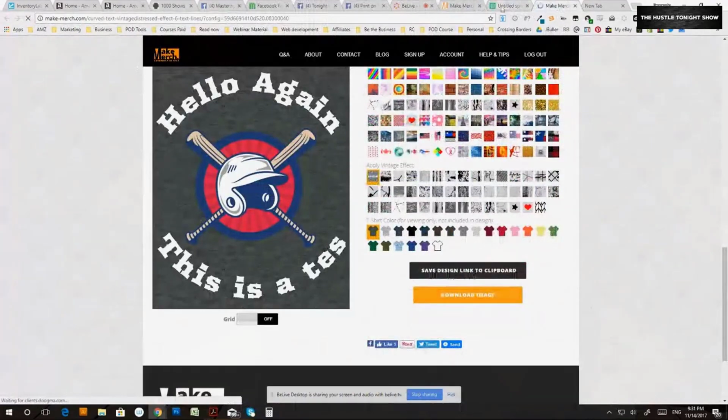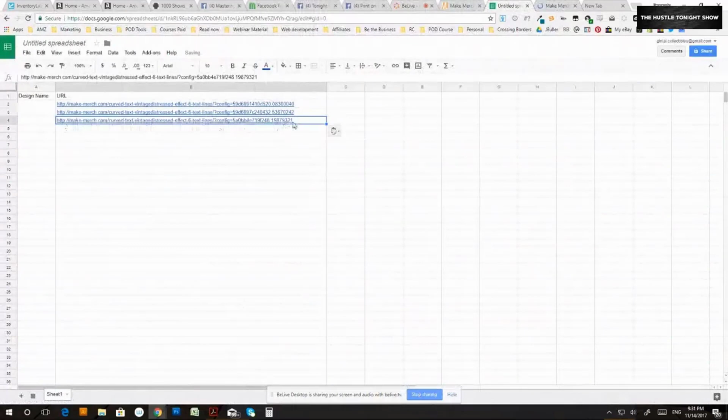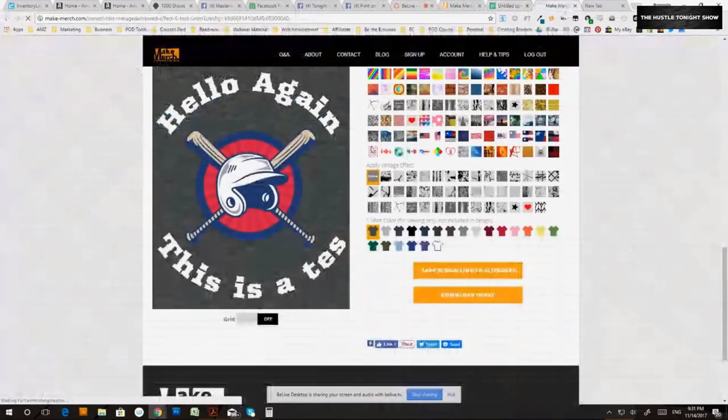and I take this to my document, do the Control B, you see my URL completely changed now. The other one was 0040, and now this is 9321. It's recording my changes in the save, and I can do that to every single design that I make on Make Merge. So if, for example, I want to create a design that I want to scale, I just have to,